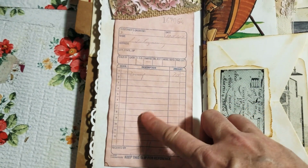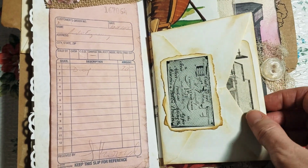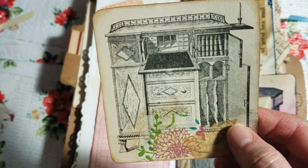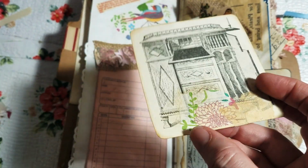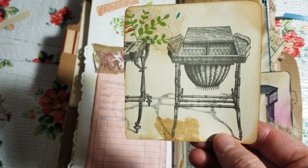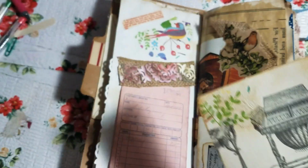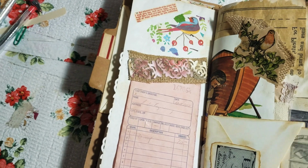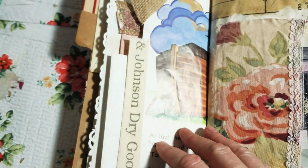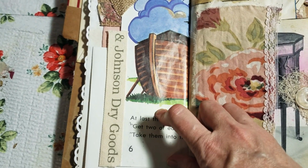This is just a receipt. There's some more of that label. And here is also from that book, a big desk. Just added some little stuff to give it color. Another neat desk. Just use that for just a little pull-out card. Some interesting vintage stuff. And then in the book I'll also have 3 or 4 pages from a children's book,